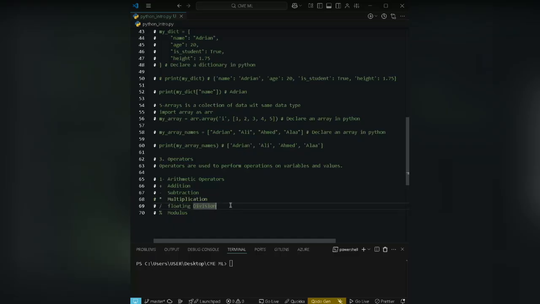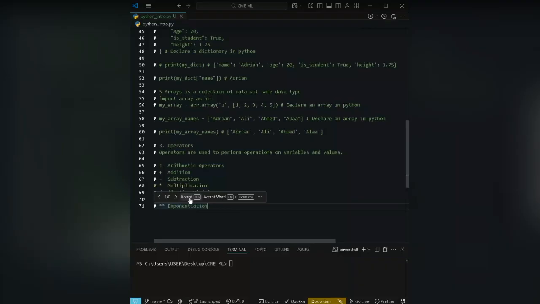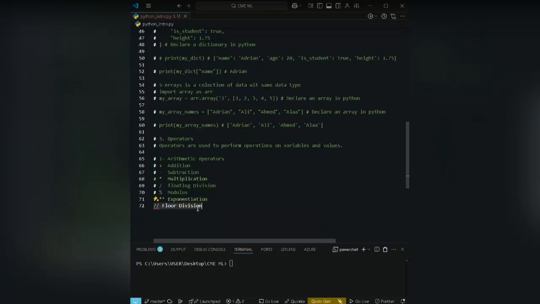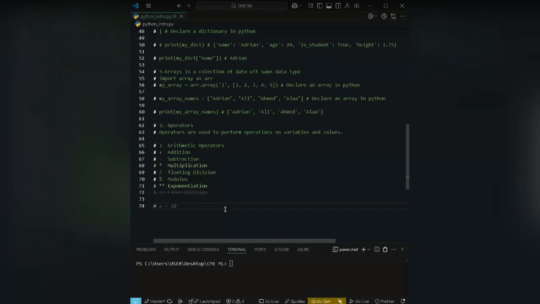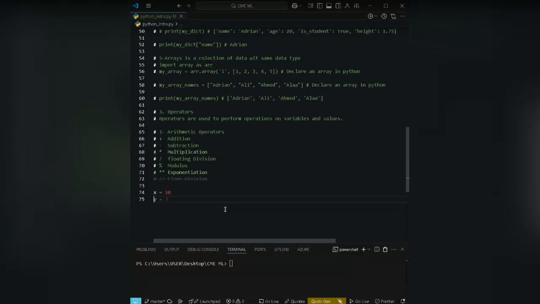what will be printed, and we're going to apply it in practicals. We have exponential. We have the normal division and also the floor division. It's similar to division, but now you're going to see the difference. Let's take, for example, I want to perform some calculations. I'm going to declare two variables: x as 10, and y as